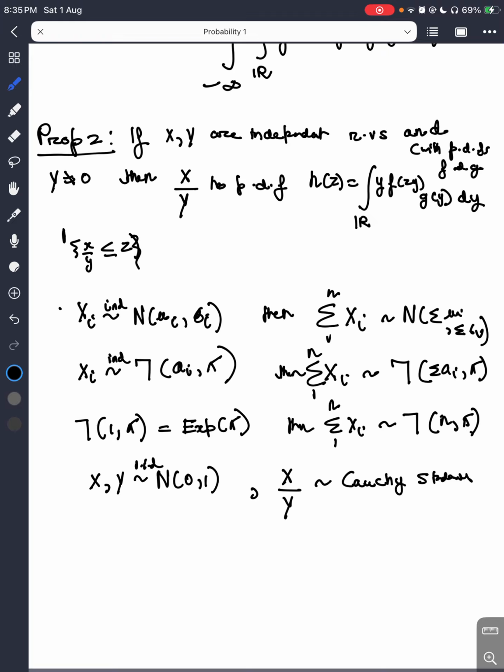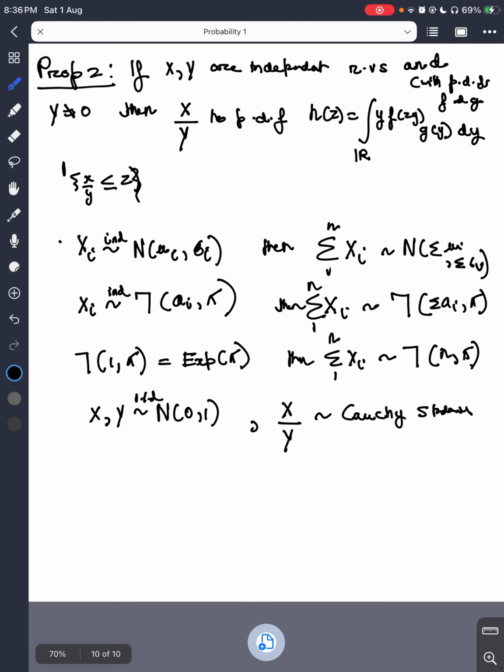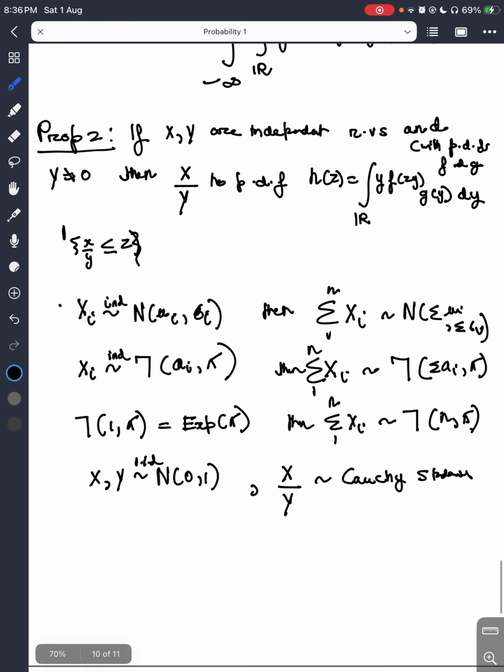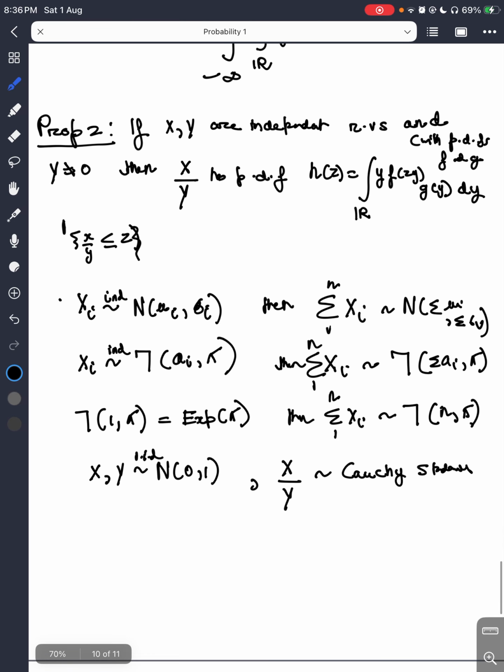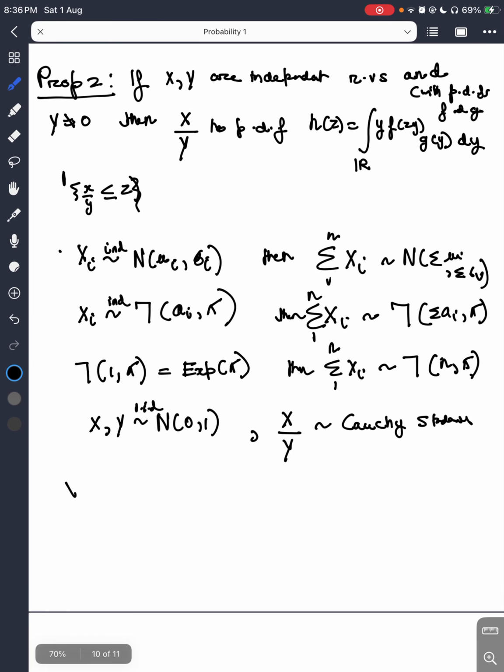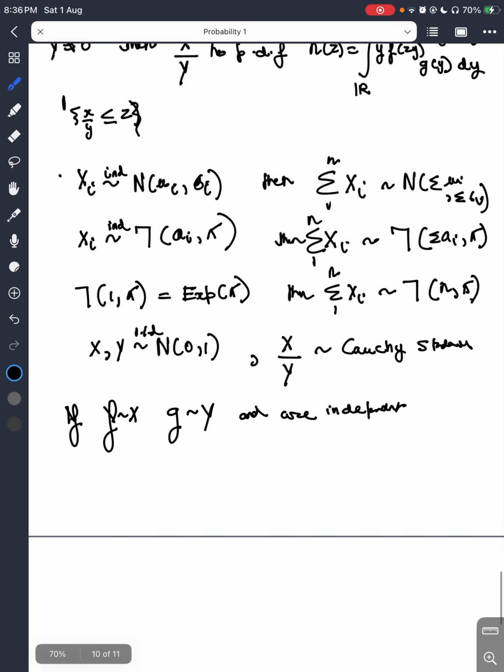Now, before ending our discussion on random variables, a very important question exists. We are talking about given distributions and independent random variables over them, but do they exist? Precisely, if there is some distribution f and some distribution g, does there exist random variables that follow these and are independent? The answer is yes, and the proof is simple. It's enough to prove it from CDFs. So if F and G are CDFs,